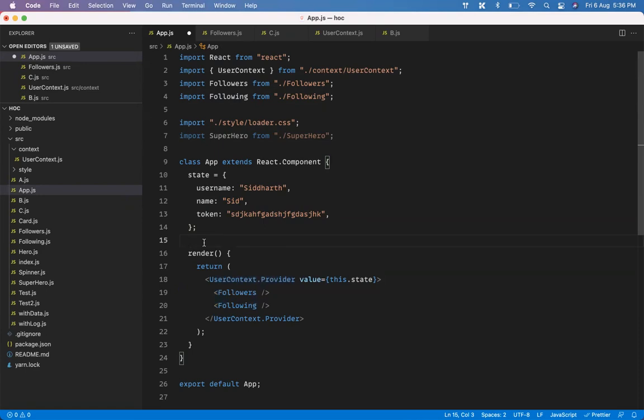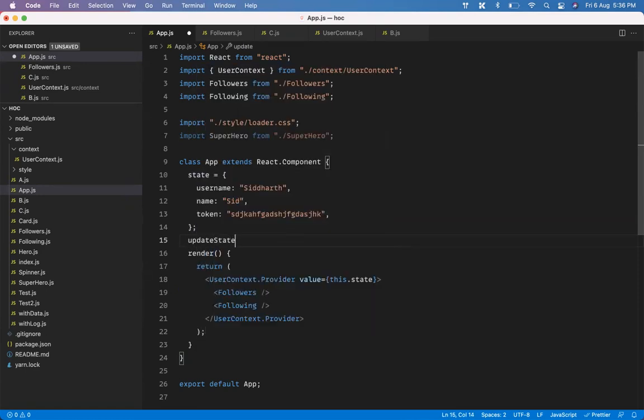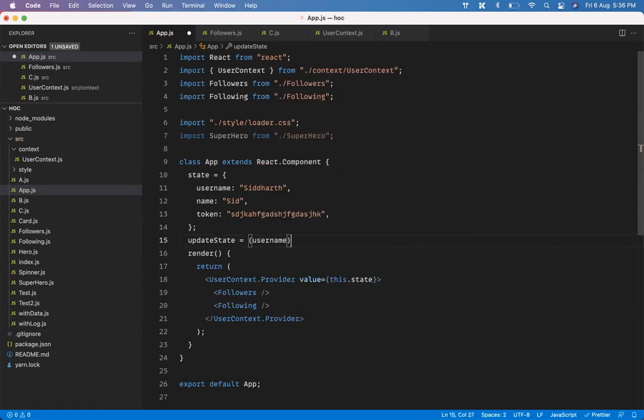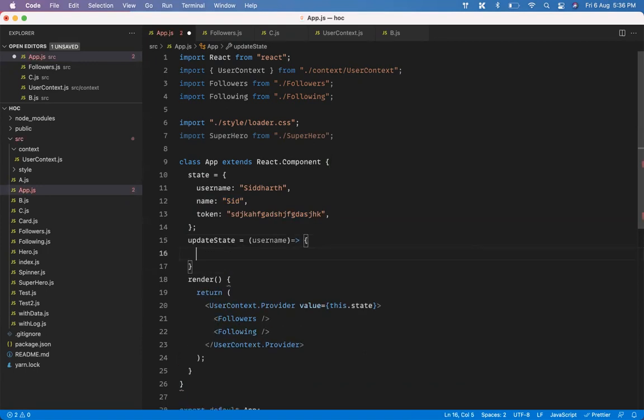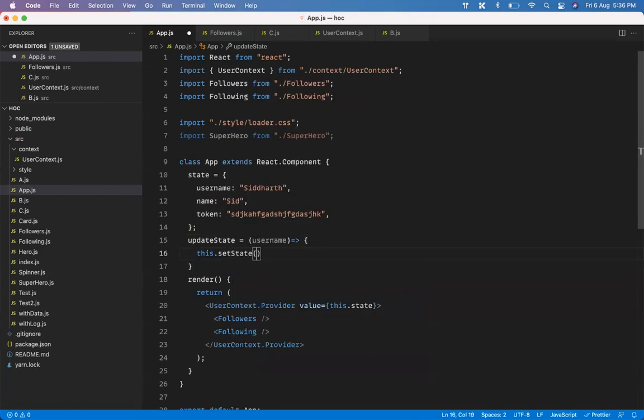Another thing a lot of people face problems with: you can also pass functions. You can create a function called update state. It accepts new information, say I'm passing username here. What I need to do is update the state, so I'll say this dot set state, and we need to update the username.